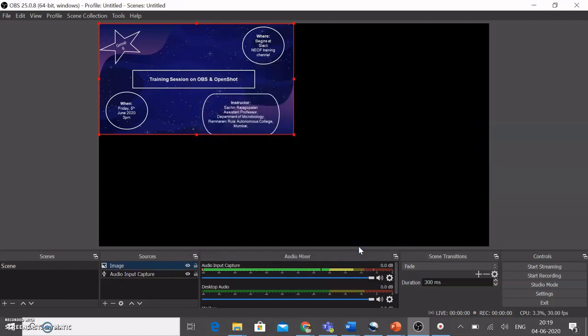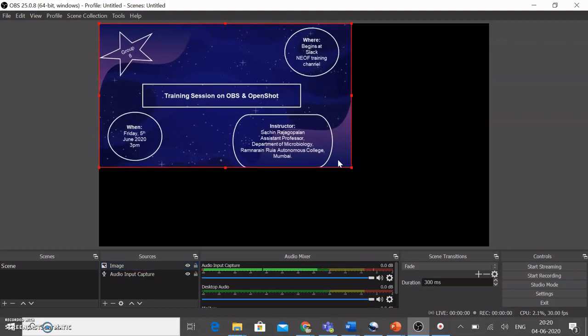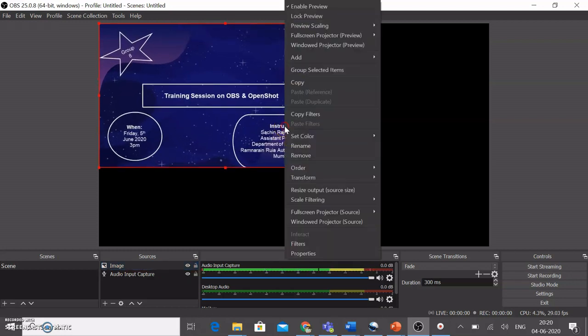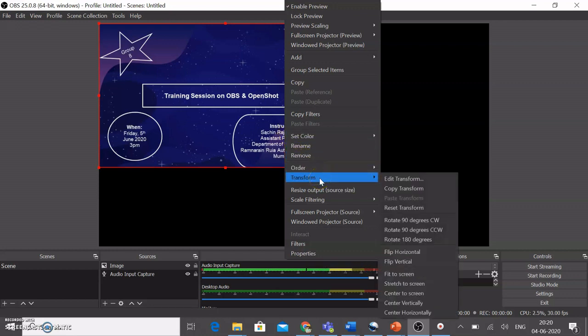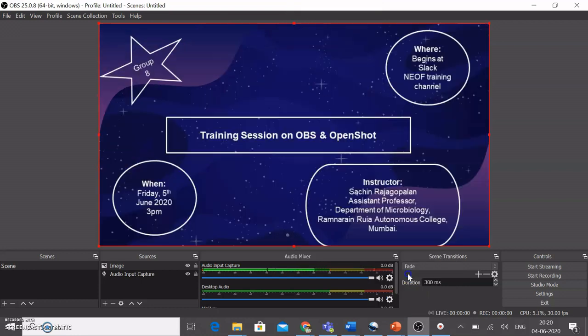Now you can see that the image did not occupy the whole screen. So in order to fit it to the whole screen, I can either manually drag it or I can also right click on the image, go to transform and click on fit to screen. As you click on fit to screen, you would see that it would take the entire space of the screen.